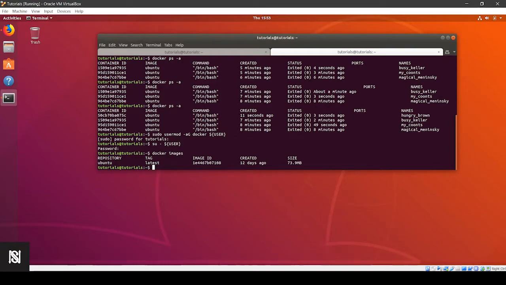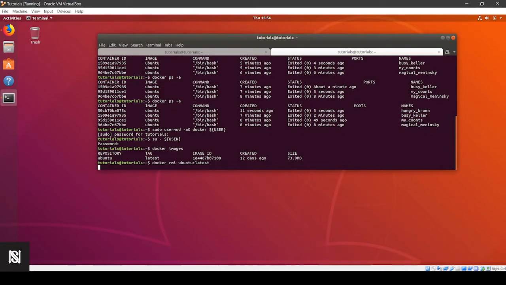So if you do docker images on your machine, you won't see any Ubuntu image, because I just downloaded it. So I'll just remove it. Docker images is for showing the images, whereas docker rmi image name is for removing the image. So if I do docker rmi Ubuntu and then a tab, it will show me docker rmi Ubuntu latest. So what are tags? Suppose for the current time, Ubuntu 20.04 is actually the latest one, but if you want to download Ubuntu 18.04, as in our case, we'll have to specify a particular tag.